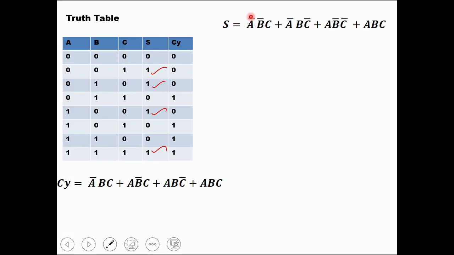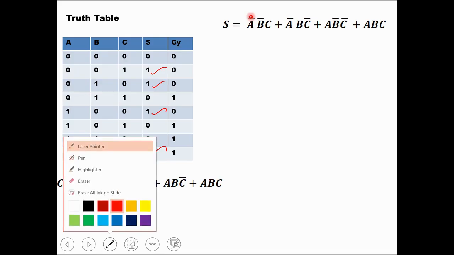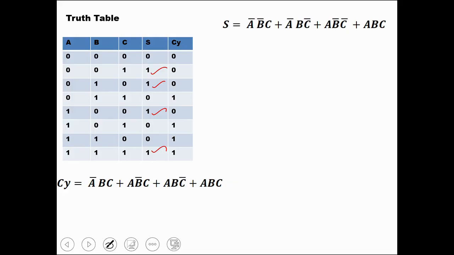So for the third output, the product term is A bar B C bar. For the fifth row, A B bar C bar, and for the last row, the product term is A B C. So after writing the sum of product expression, we have to simplify this to form a simple Boolean expression. So we have to select these two terms. In these two terms, C bar is common. So we can write it as A bar B plus A B bar